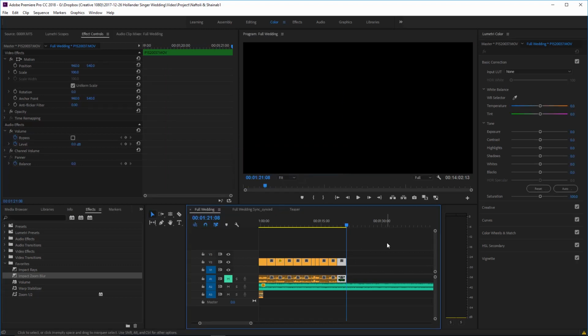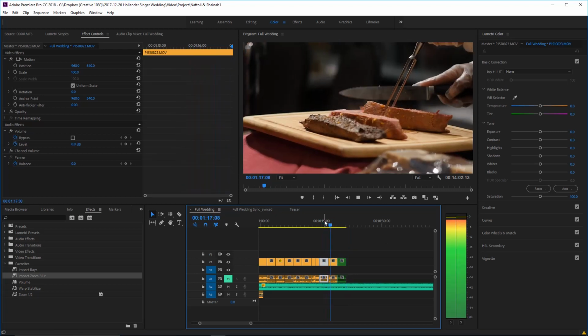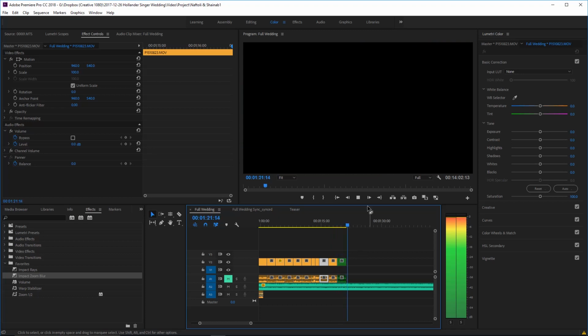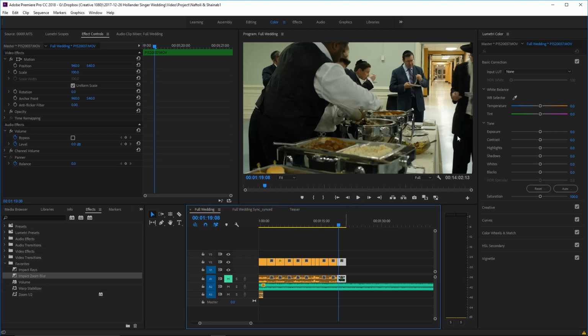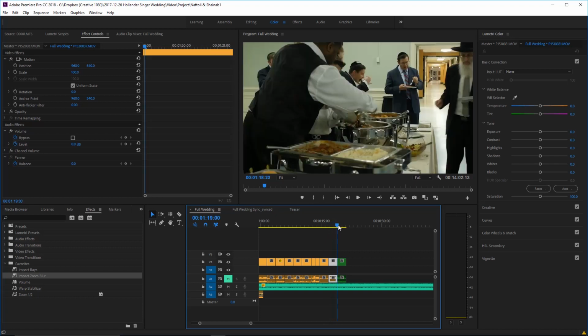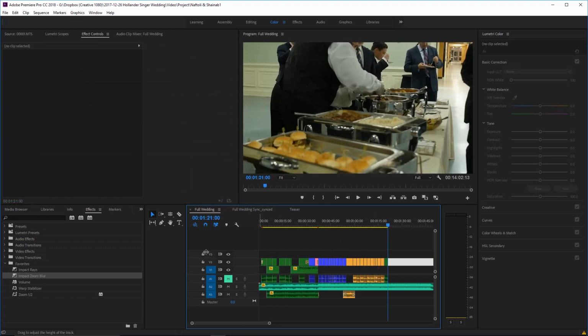I'm going to use this opportunity to save over here. And you'll see over here the color will have to be matched. There's a little too much green and it's a little more warm and orange. So that's something we're going to do a little later, but it's going to be quite easy to do because